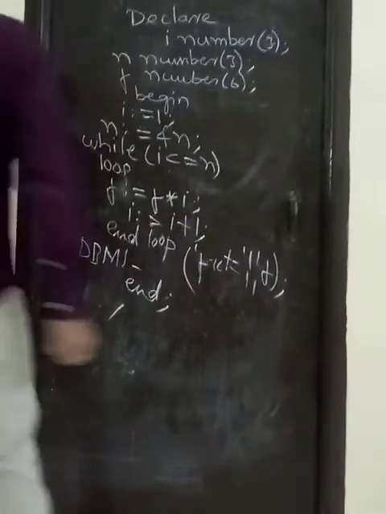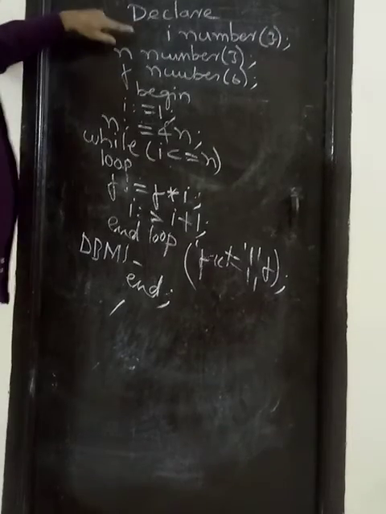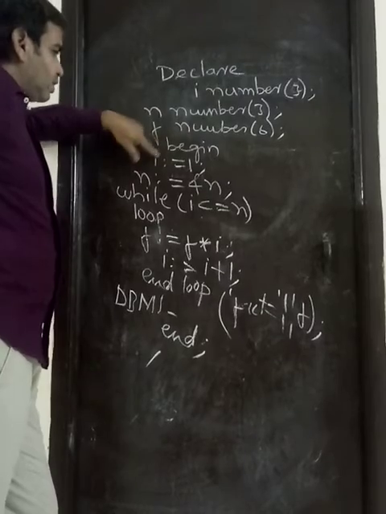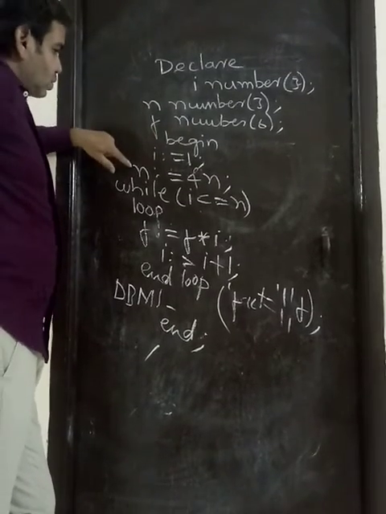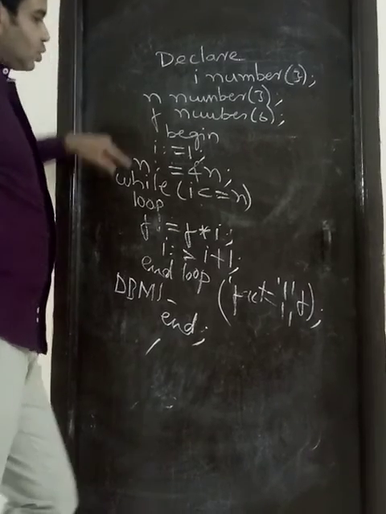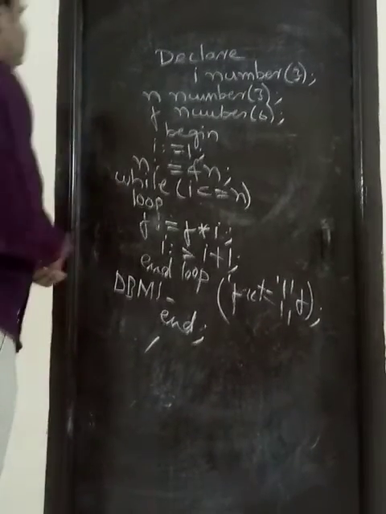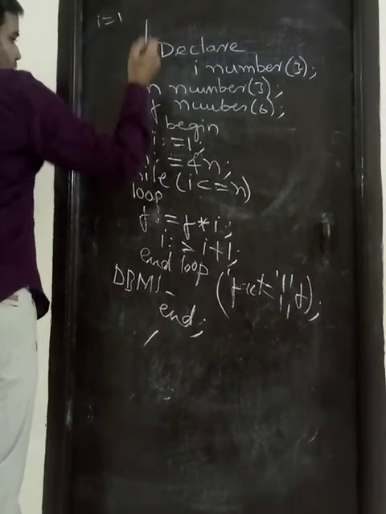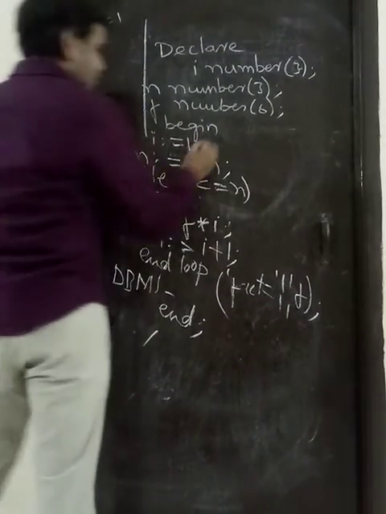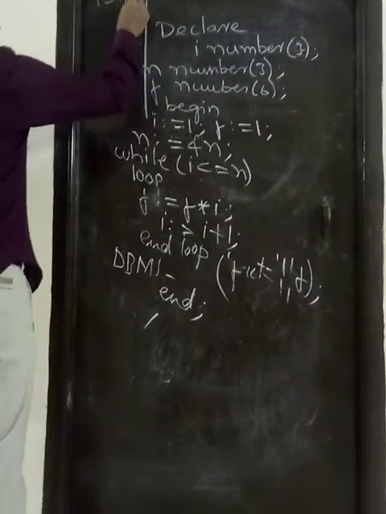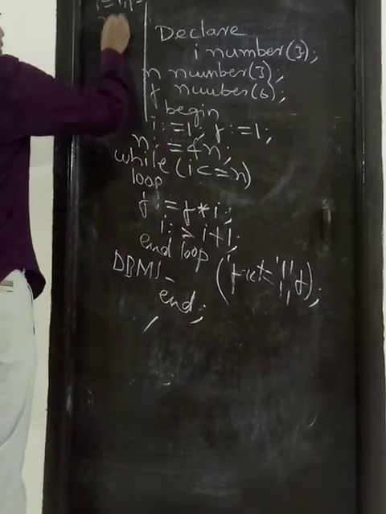Okay. So here, first of all, declaration of variables: I number 3, n number 3, f number 3. Then begin, I is equal to 1. So n is equal to, at runtime the program will ask to enter a value for n, so I am entering the n value. We will see compilation. I am taking n value is equal to 3. So first I is equal to 1, and f also we should initialize, otherwise it holds a garbage value. So f is equal to 1.